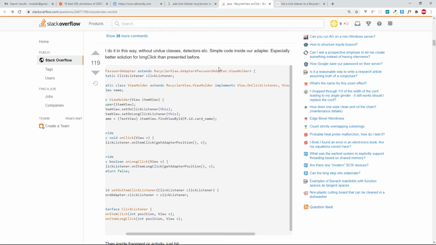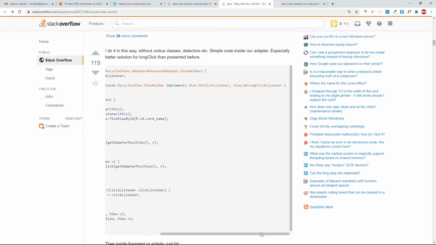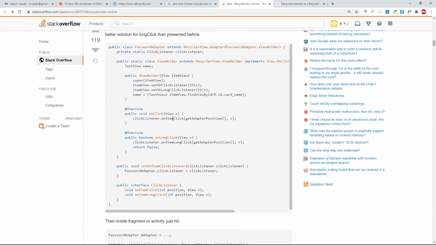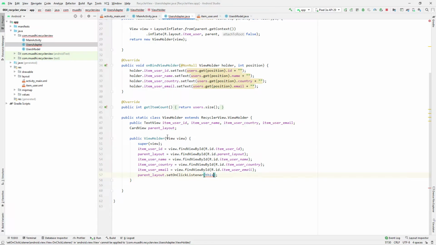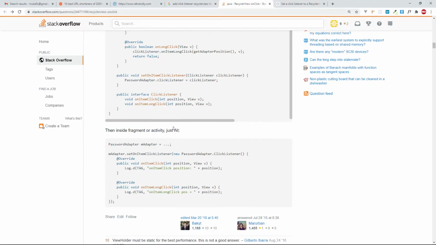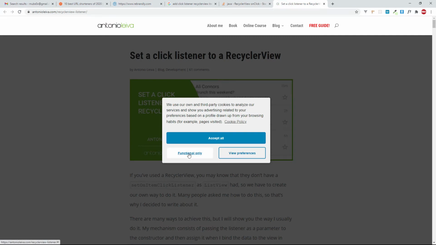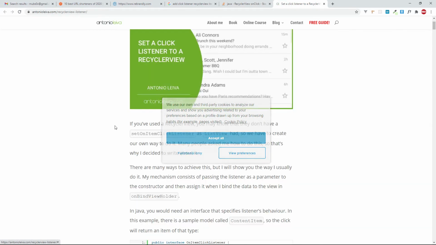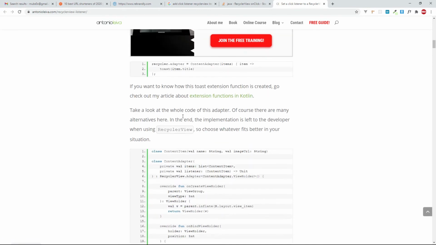hey, Stack Overflow, they're just confusing us. He's doing it from the on click listener static class view holder that extends RecyclerView. Then you put the view holder, pass this, and then you override the what? The on click, and then get adapter position. Oh, never mind these solutions. Just follow these others. Look for the